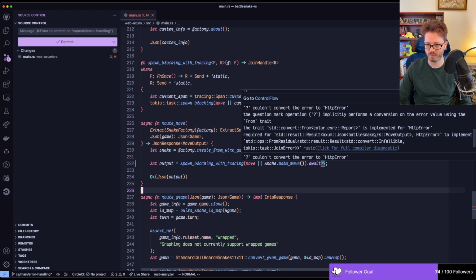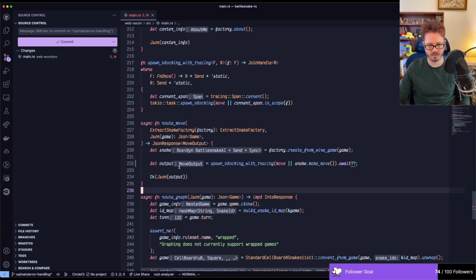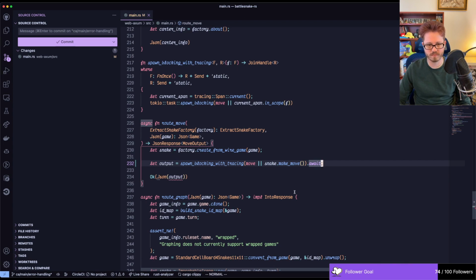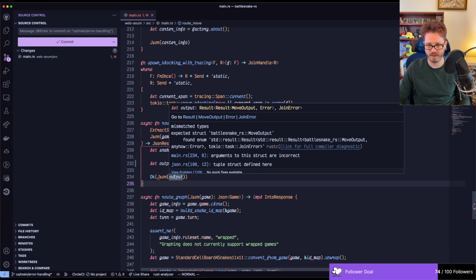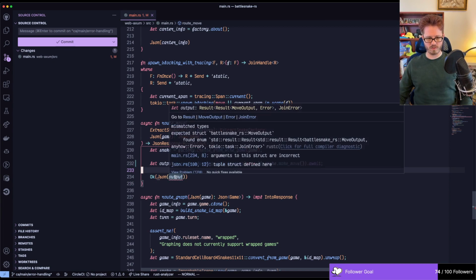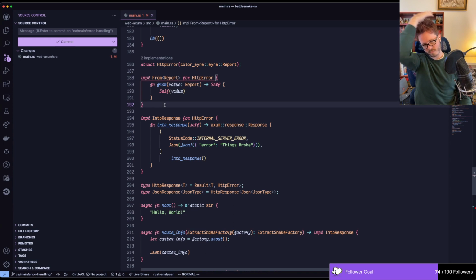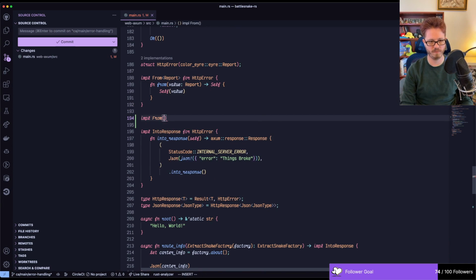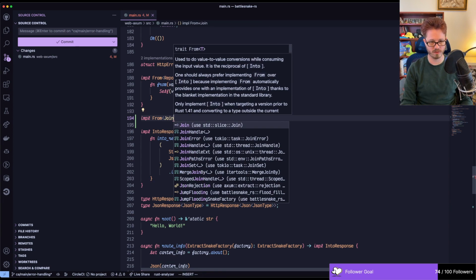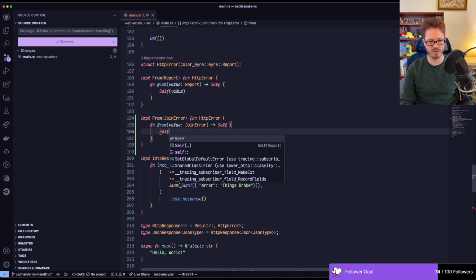Required for result. Oh, so I have an HTTP error. Wait a sec. So I need to move output. I have a result of a result. Okay, so one of these is like a join error. Okay. I think that just means I need more intos. So like impl from, like join error or HTTP error. And then we just do like a self of like